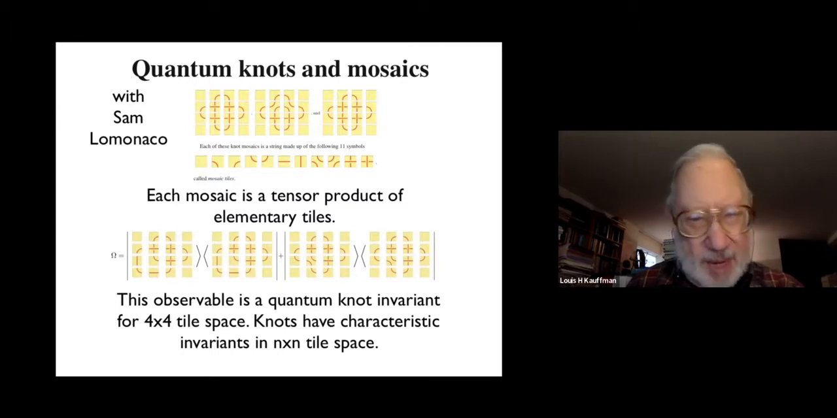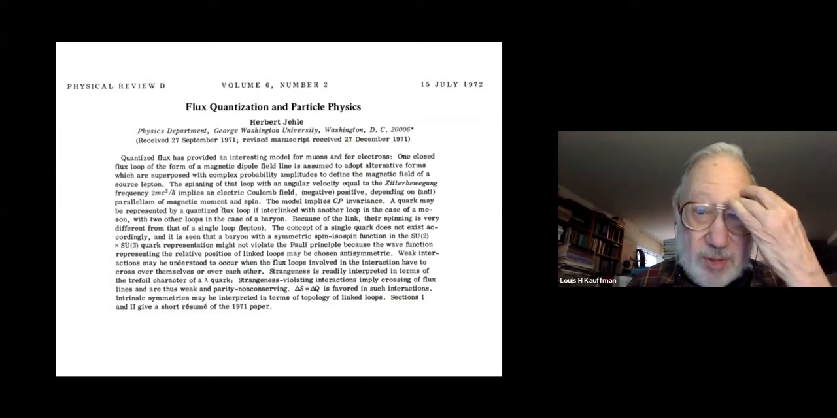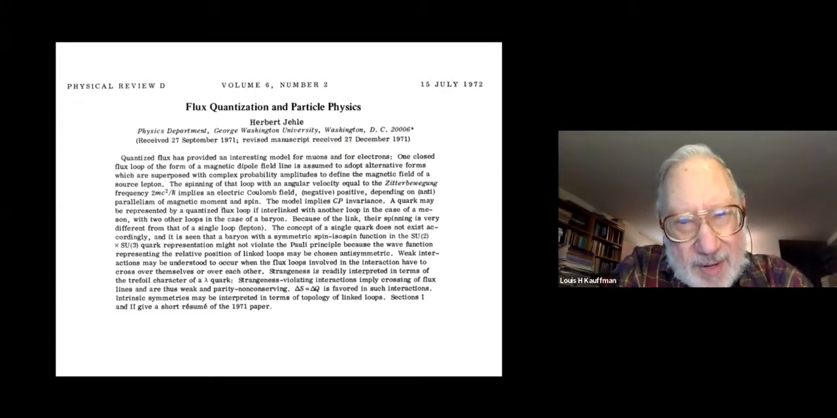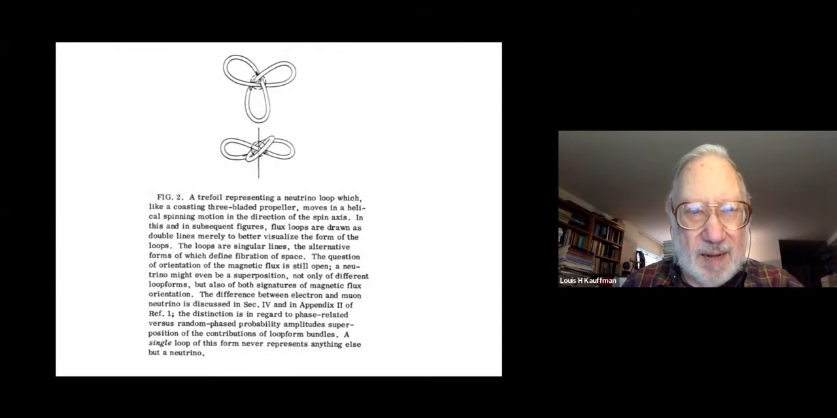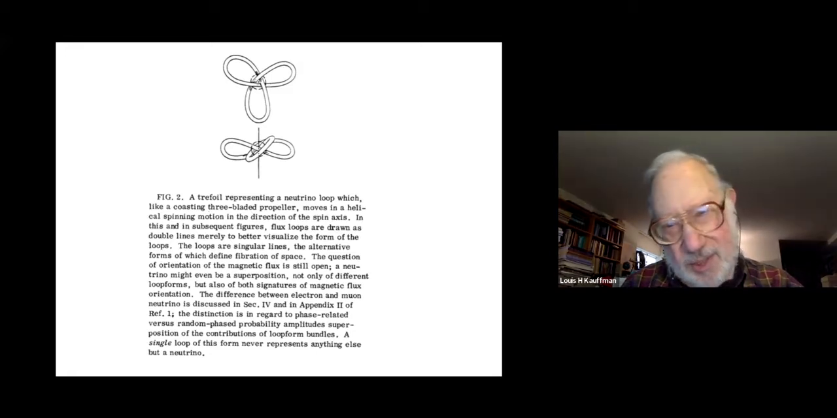So that's a story about knots in relation to quantum structure. And an older story is this paper by Herbert Jehle, which I've often looked at, but don't understand very well. But he had a perfectly clear idea. His idea was that elementary particles would be quantized knotted flux, like quantized knotted electromagnetic flux. Very nice idea. And then for him, the neutrino was a trefoil knot, and the anti-neutrino was the mirror image